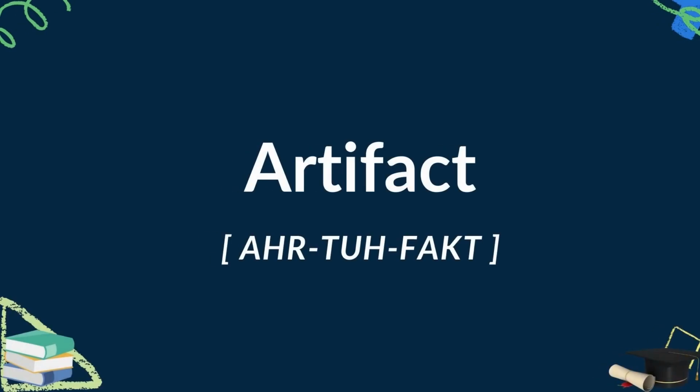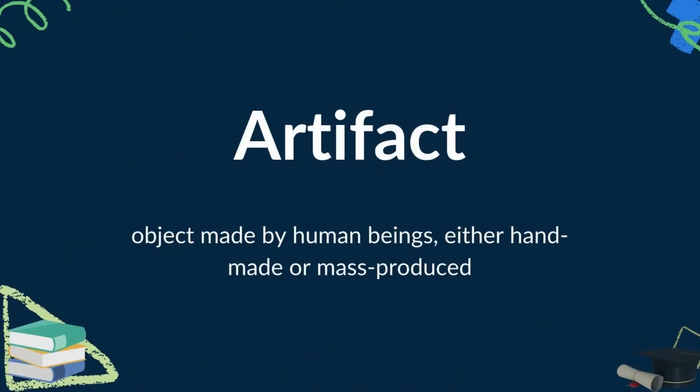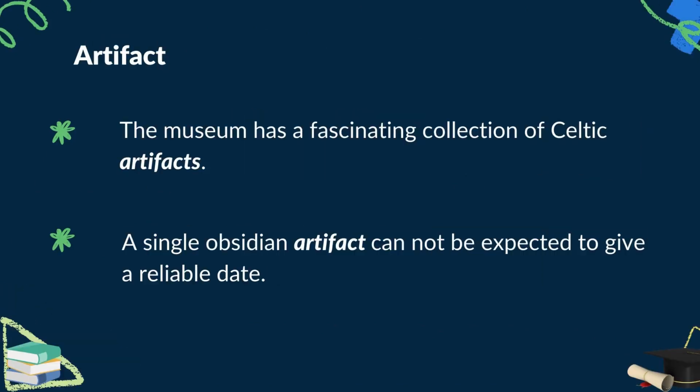The next word is artifact. A-R-T-I-F-A-C-T. Artifact. Artifact means object made by human beings, either handmade or mass-produced. Here are some ways you can use the word in a sentence. 1. The museum has a fascinating collection of Celtic artifacts. 2. A single obsidian artifact cannot be